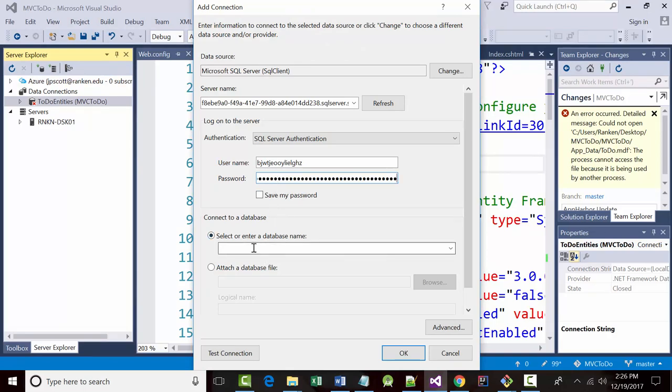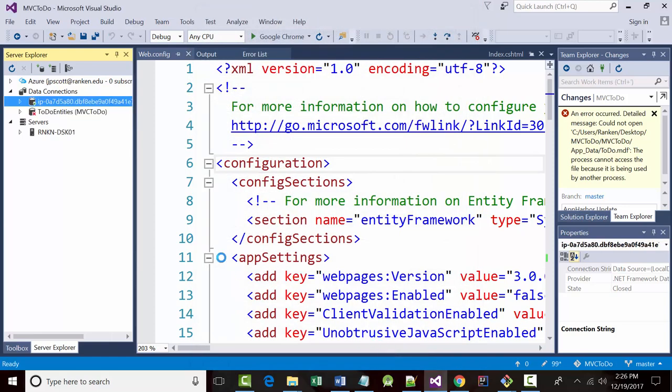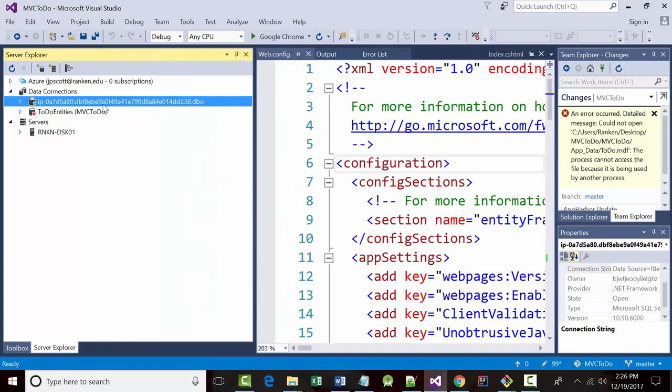You didn't have to select or enter a database name, correct? Okay. So, all right. Save your password and then just OK. And that created this. If you look up on the screen here, that created this. And what is that? That's the same as the server name that we have, right? So we've got to come in here